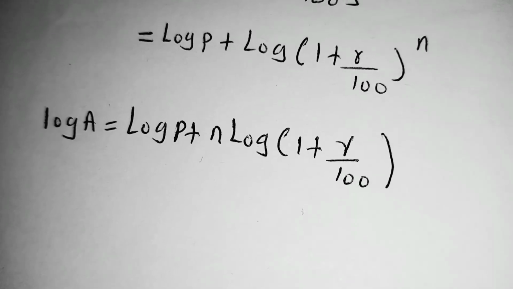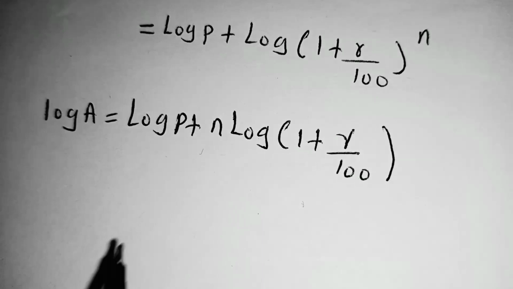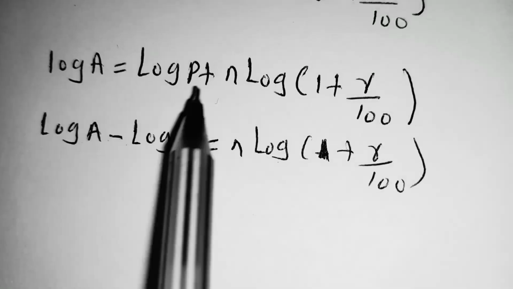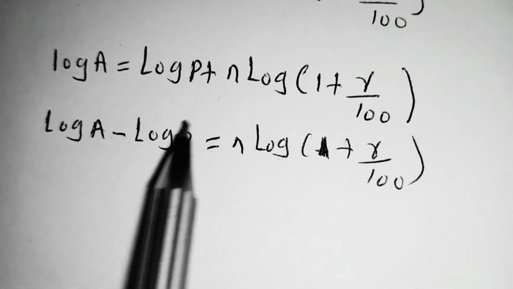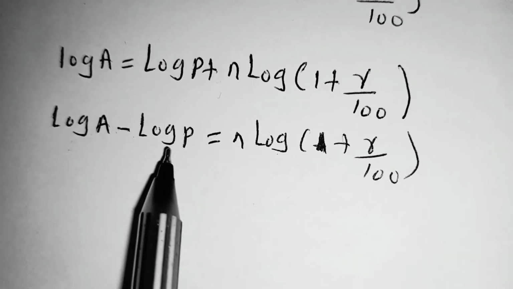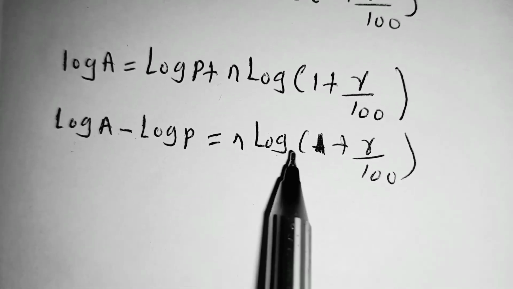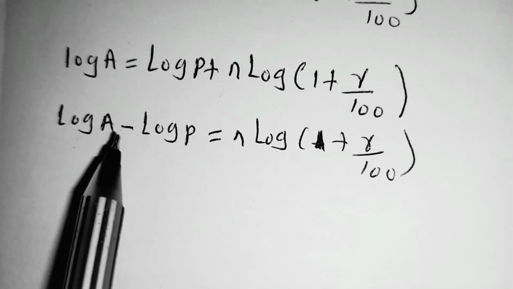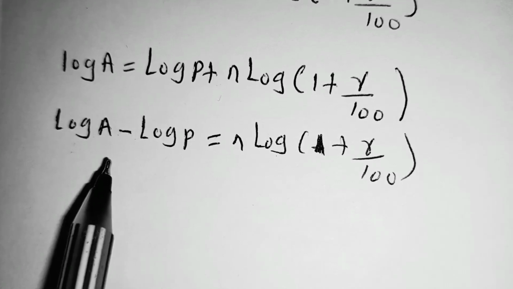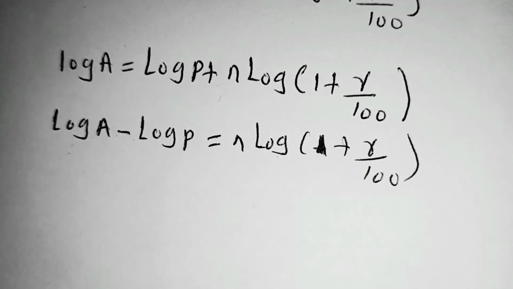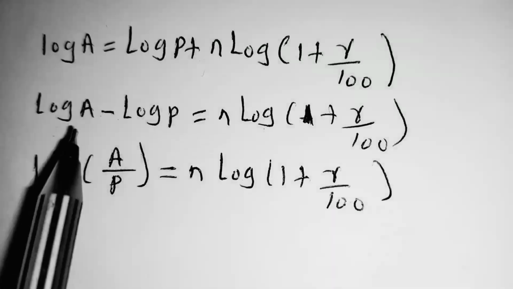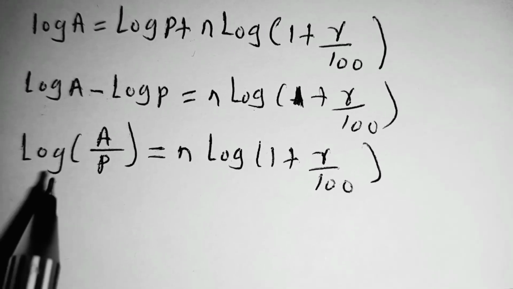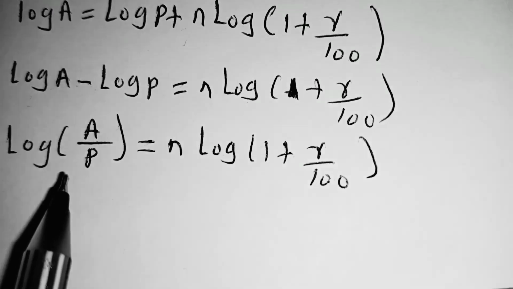At this level, we subtract log of P in both sides. So subtracting log of P on both sides, you shall obtain log of A minus log of P is equal to n log of 1 plus R over 100. Then log of A minus log of P can be combined as one logarithm as log of A divided by